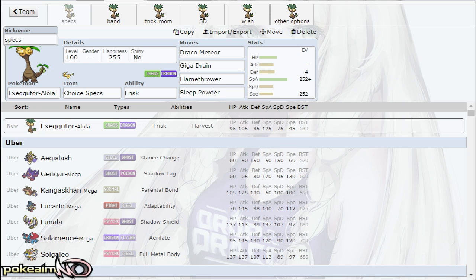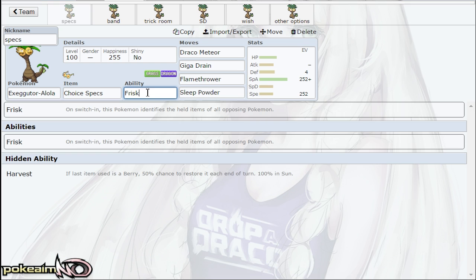And it has great base 108 attack, amazing base 125 special attack, pretty decent base 85 defense, average base 75 special defense, base 95 HP, and then slow base 45 speed. They made it a little bit slower than regular Exeggutor, which is a little bit unfortunate. I think if it kept regular Exeggutor speed, that would help it so much on certain sets, and I'll talk about why. But it has two abilities, being Frisk, which helps you identify your opponent's held item, which is pretty useful in competitive Pokemon,